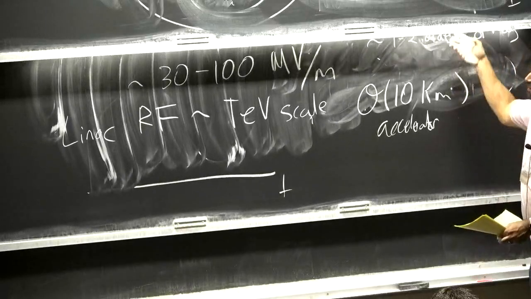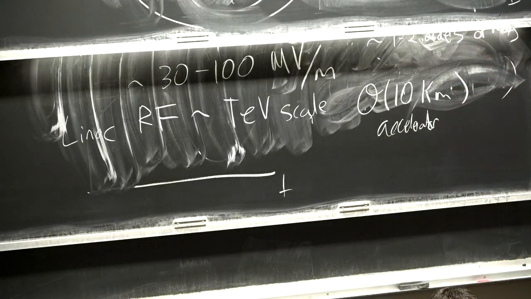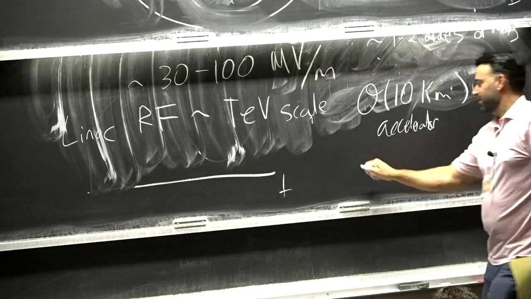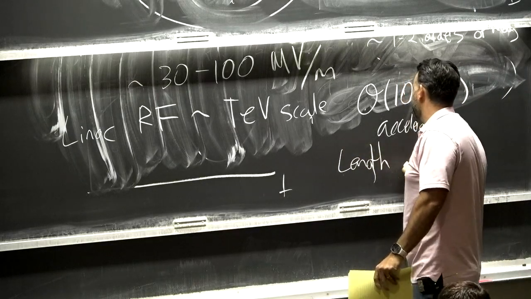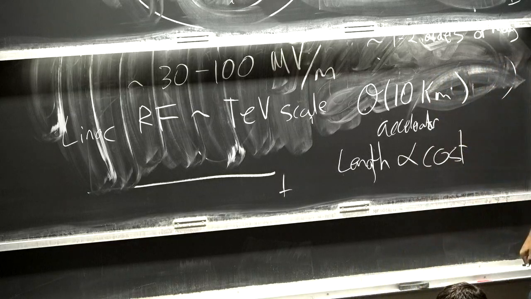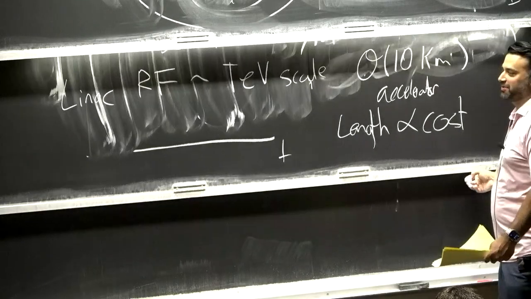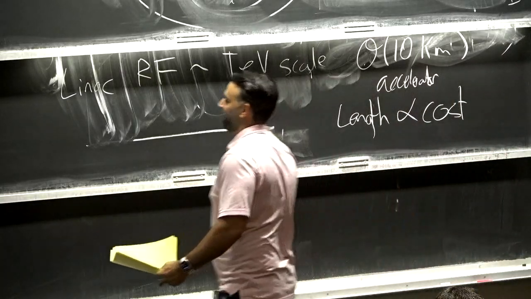Now, as I said, because you get this rough order of magnitude to 2 before you have breakdown, you can shrink it down. Now we'll come to, unfortunately, the last thing that we have to think about for any collider too, which is cost. In principle, I could make a Planck scale accelerating gradient, but length is proportional to cost, or vice versa, depending on which is your primary thing that you want to save. And just to give you a scale, because these are things as theorists we never think about. Our grants are so tiny, we don't have to ever care about big money.